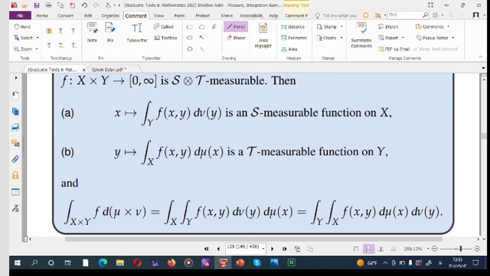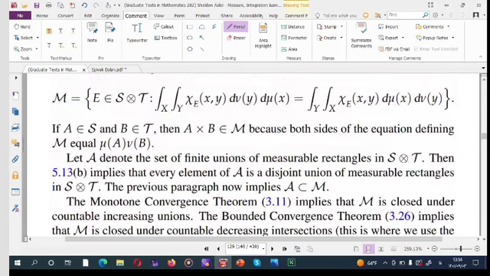This integral is taken with respect to nu and mu, but this integral is taken with respect to the product measure. Okay,